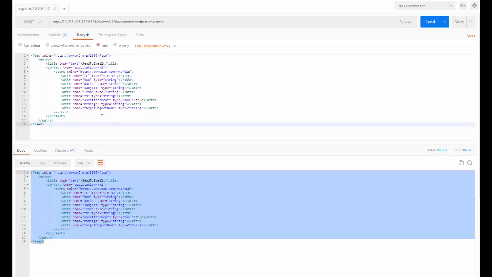And here we need to specify certain values. Of course, the document ID 5458, the recipient address, the subject, and we also need to specify the sender address.